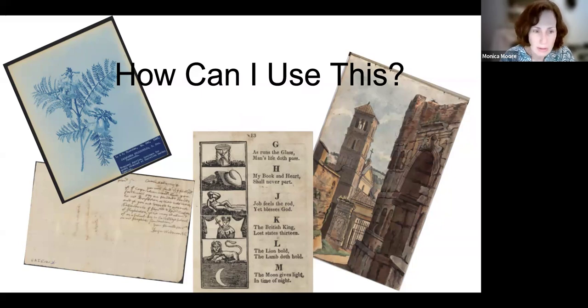For each of the items on the slide, all objects in DPLA, they're very different. You have an early 19th century primer, a watercolor from Rome, I think a botanical specimen, and maybe down in the lower left corner, I believe, an unpublished letter from the colonial period. These are all the riches in a collection that someone might discover, and naturally wonder what they could do with. And to be able to facilitate that with a rights statement at that item level is really great. And they can do that on their own.